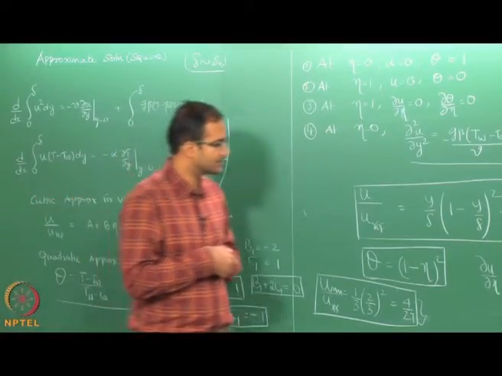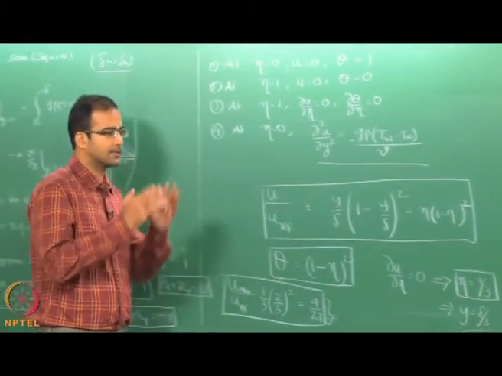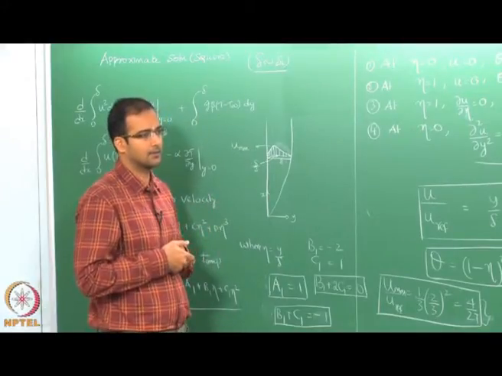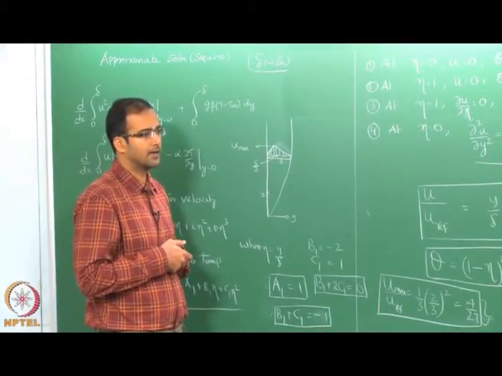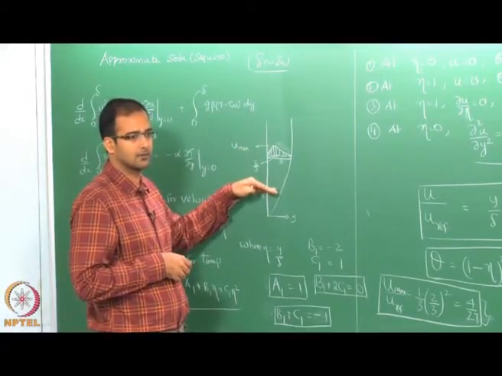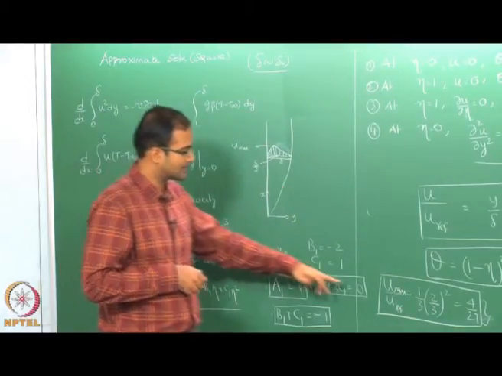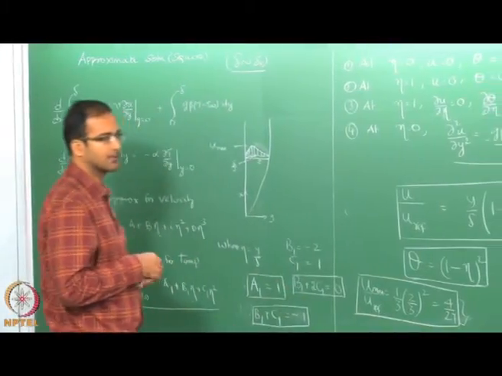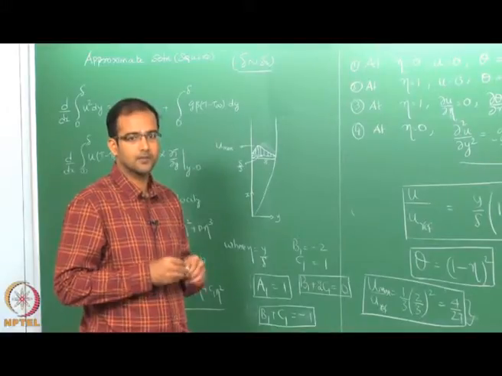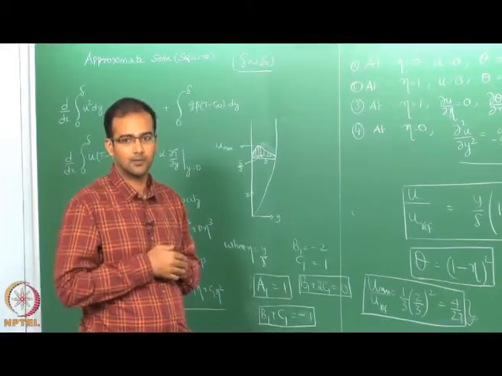So, from this we should be able to get some idea about where the maximum velocity occurs, which we have seen as 1/3 of the boundary layer thickness, and this again varies. You see, the boundary layer thickness itself varies with x. So the location correspondingly changes, and we have also established a relation between u max and u reference. U max is smaller than u reference. So u reference is some theoretical value, it is not exactly lying on the profile.